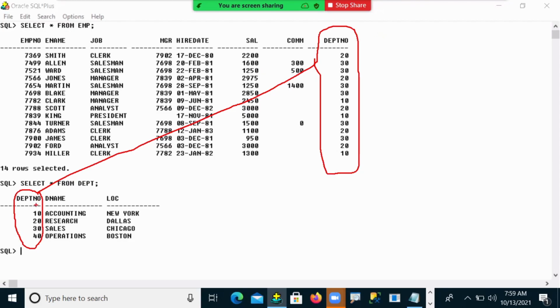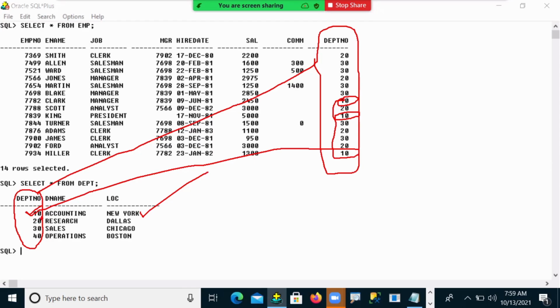Your 10th department is there. What is the 10th department here? Accounting, department number 10. You can check whether it exists. Is the 10th department existing? Yes, one time, two times, three times existing. So that means in the accounting department, employees are working, so I want to display it.